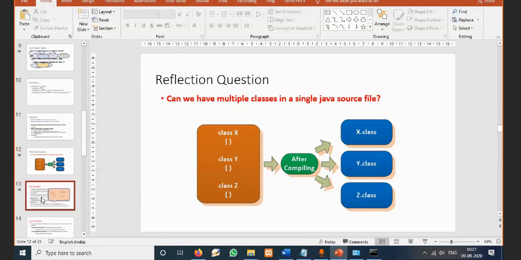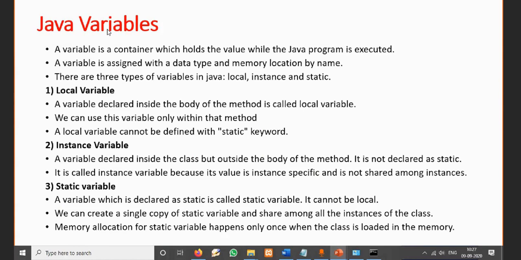We know that a variable. What do you mean by variable? Okay, so a variable is a container which holds the value while the Java program is executing. It's not the exact definition of variable with respect to Java, I'm saying. With respect to C, it is just like I said, a variable is a container which holds the value while executing so and so program. If it is C, you can add C. If it is Java, you can add Java. If it is C++, you can add C++.